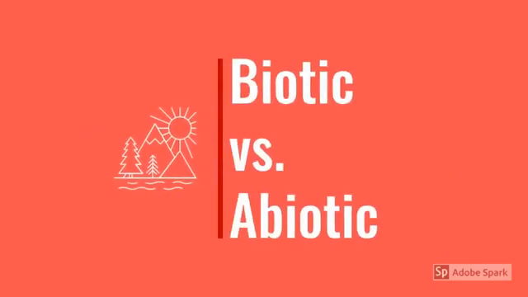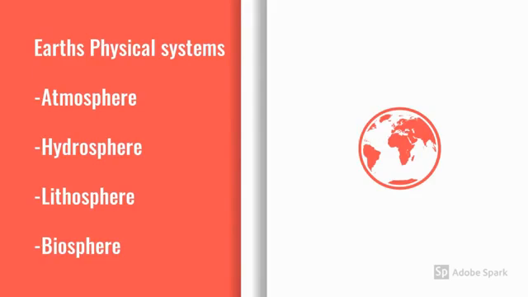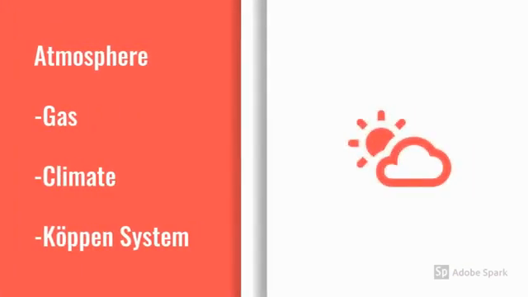The four physical systems are classified as either biotic or abiotic. A biotic system is composed of living things, whereas an abiotic system is composed of non-living or inorganic matter. The Earth has four physical systems: the atmosphere, the hydrosphere, the lithosphere, and the biosphere. The atmosphere is a thin layer of gas that surrounds the Earth. Gravity holding the gas creates pressure, and these pressure variations in the air are responsible for